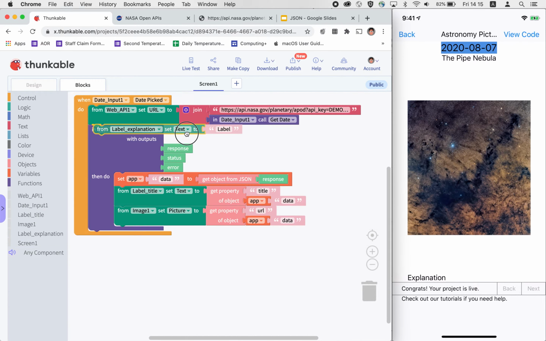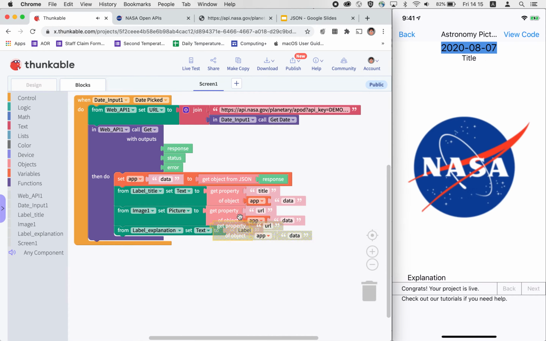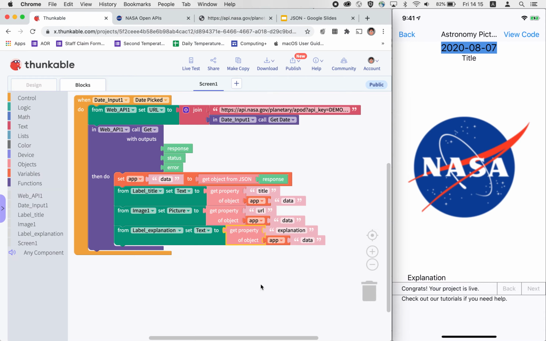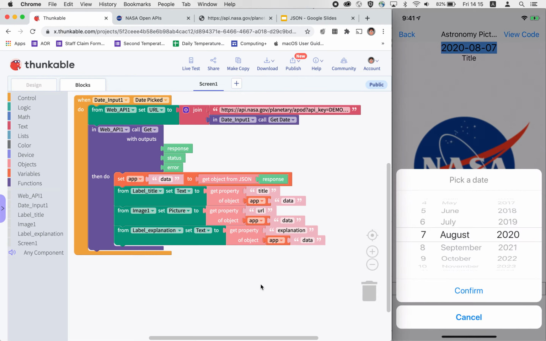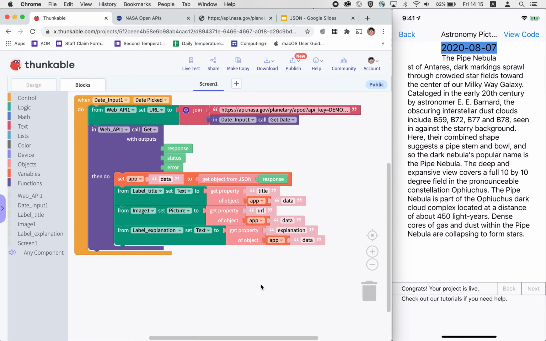From label explanation set text to, then we just duplicate this, plug it in, and this time around we are going to say explanation. Okay, so that is okay, explanation, and it will give us this. So we are going to try it out now. So now I'm going to choose the date to the same date. I'm going to confirm. Okay, so it pulls out this, and then